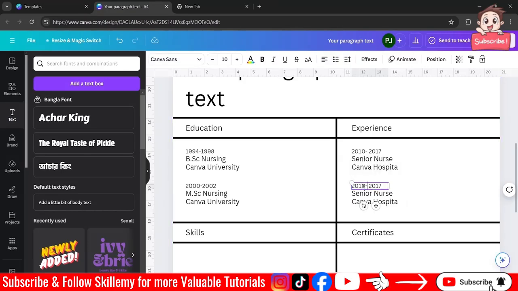Let's put around 2004 till 2009. ICU in charge. This will just change the name as Microsoft Hospital.